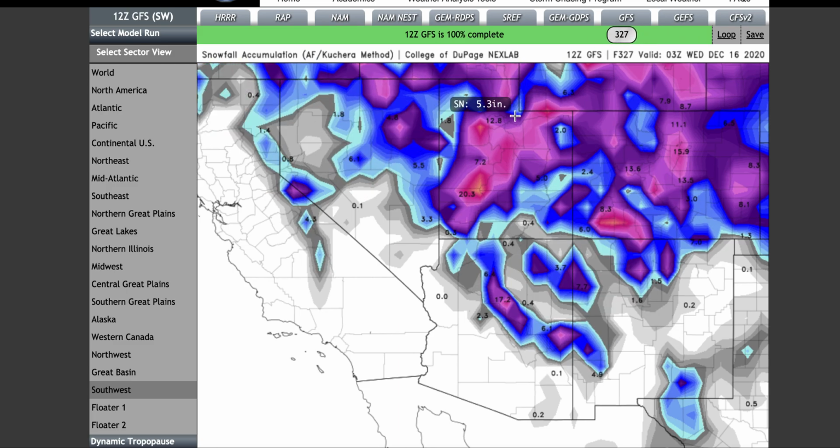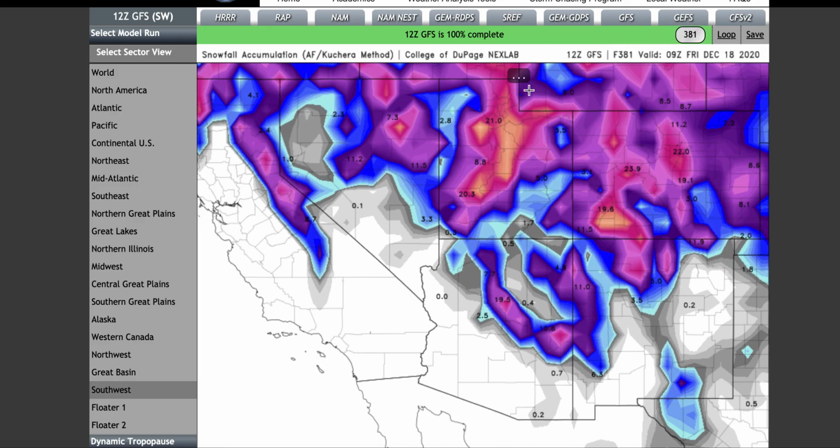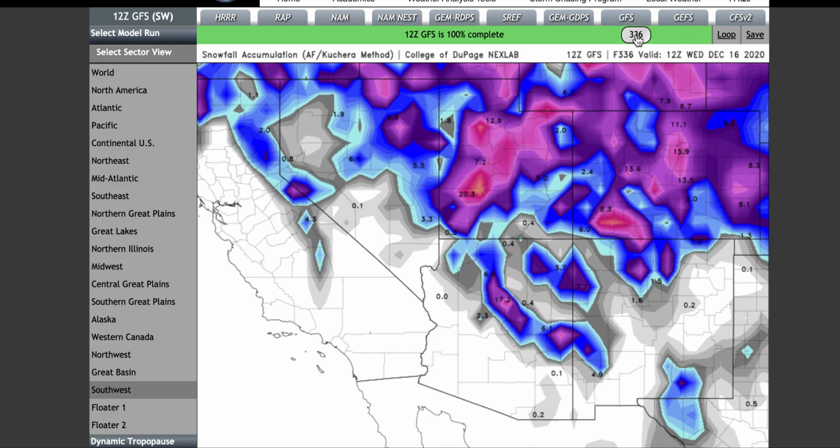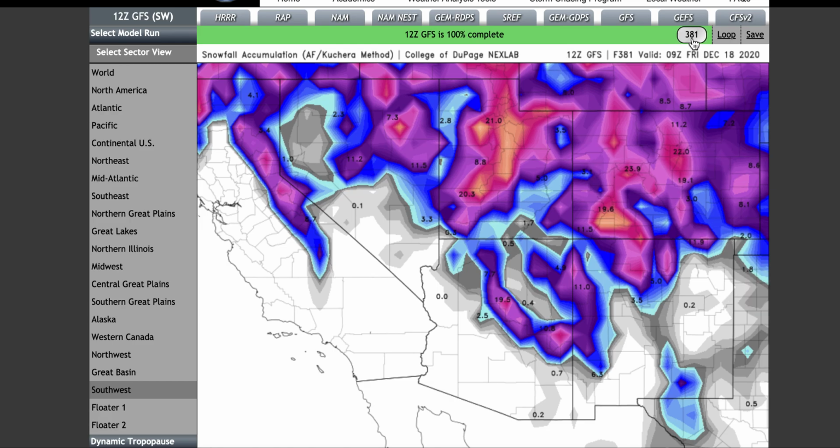Then above Salt Lake City here in the Cottonwood Canyons, you have 10 inches before the storm. Storm rolls through, beefs that right up to 29. So this could be pretty decent. A foot or more, foot to 2 feet. Once again, the San Juans are doing very well. Southern tracks, been saying it. Starting with 24 inches before, and that number gets beefed right up to 31. So again, another decent storm here for Telluride, San Juans, and